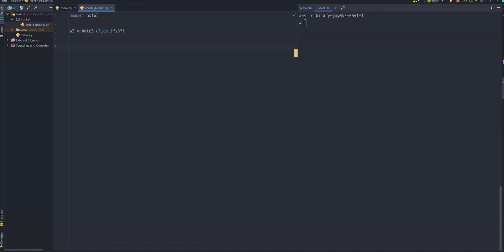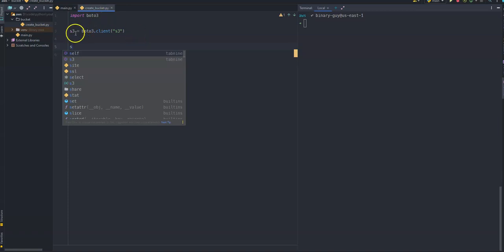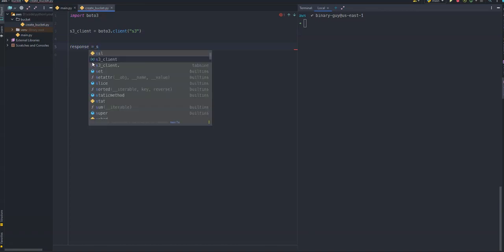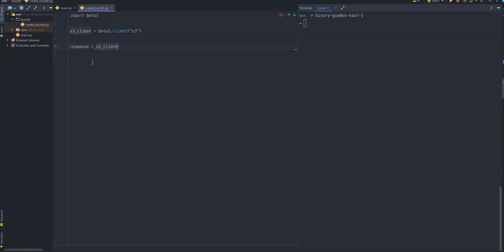The next thing that we want to do is just run the create bucket command on this S3 client. Let's cache the response here, and then say s3_client.create_bucket.